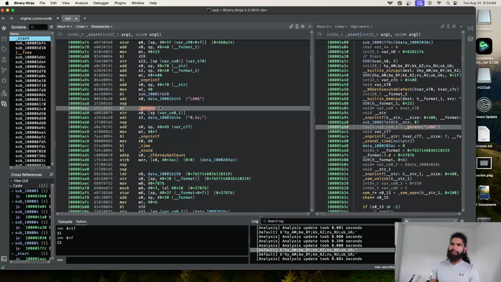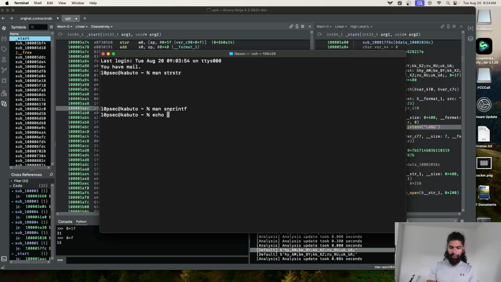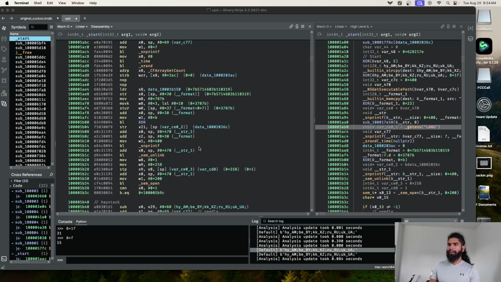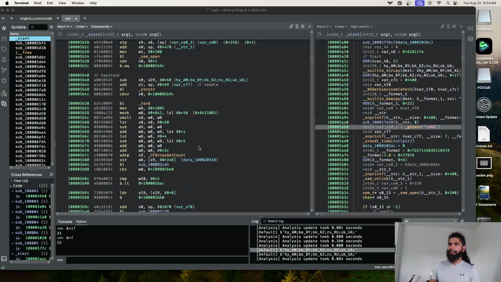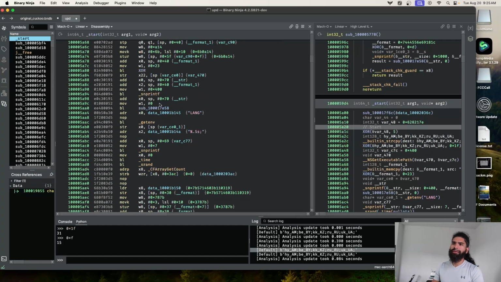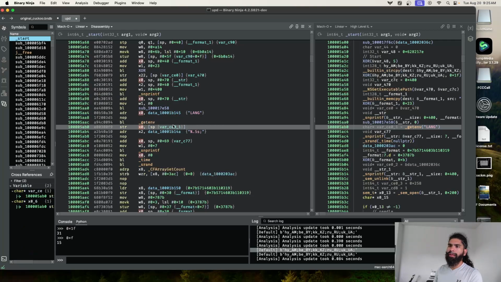If we look up, we'll see that we have this getenv with this LANG string passed into it. Now you can kind of guess what this is. Like if you echo, I think this should work. This is what I get, right? So en_US.UTF-8 will be my LANG environment variable, and we know that matches what we see here. So we can kind of guess what's going to happen here. It's going to run this getenv function. It's then going to store this on the stack. So this would be the locale